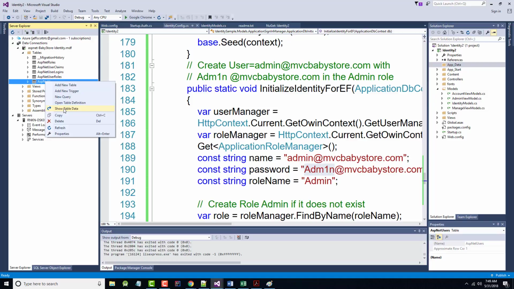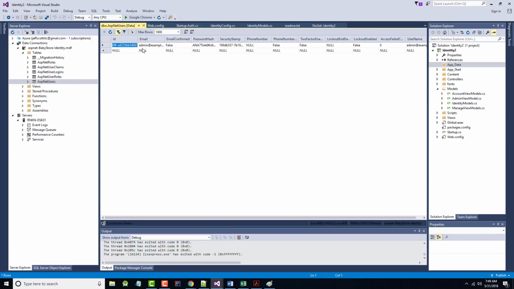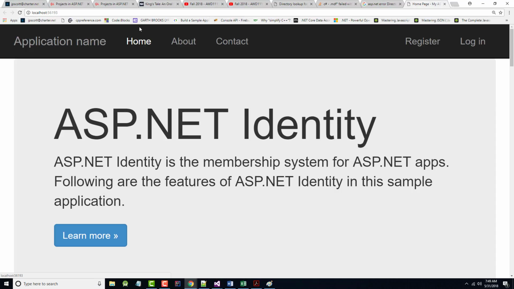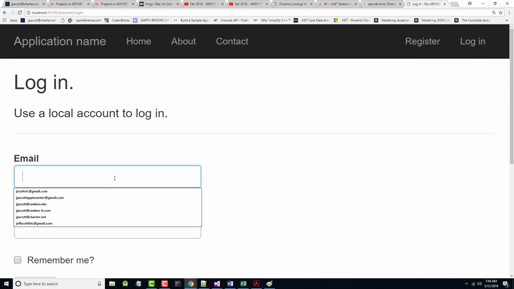Did it try to give me a user? Admin, but it says email confirmed is false. Let's try it one more time. This is very frustrating. And so,